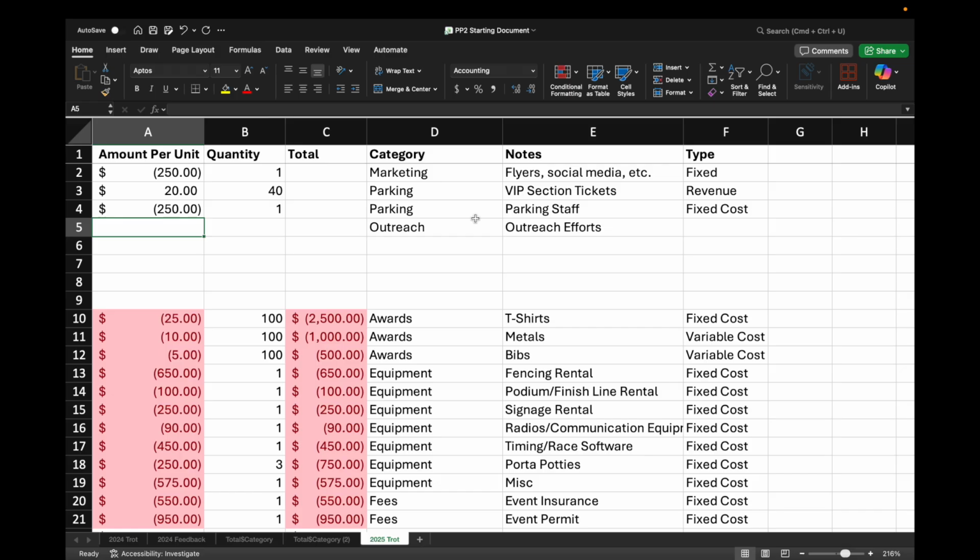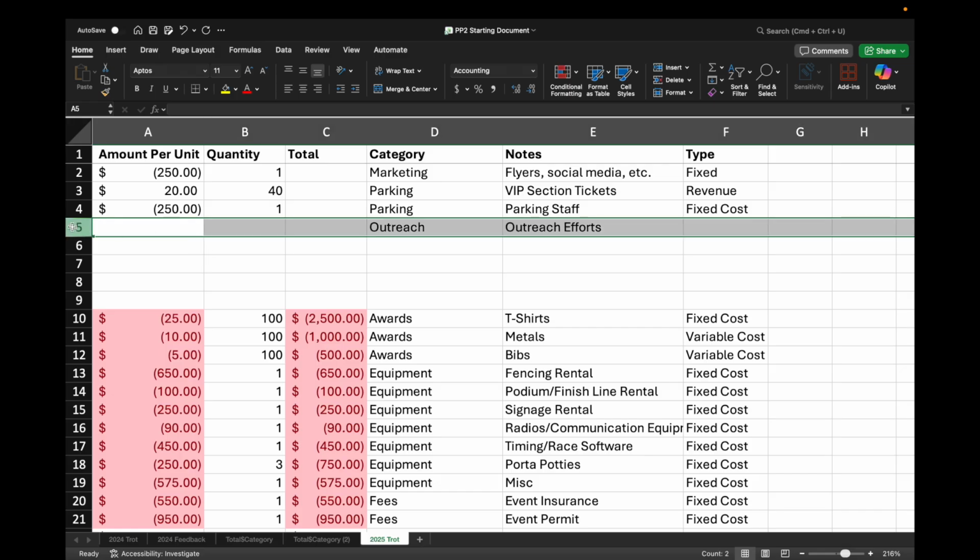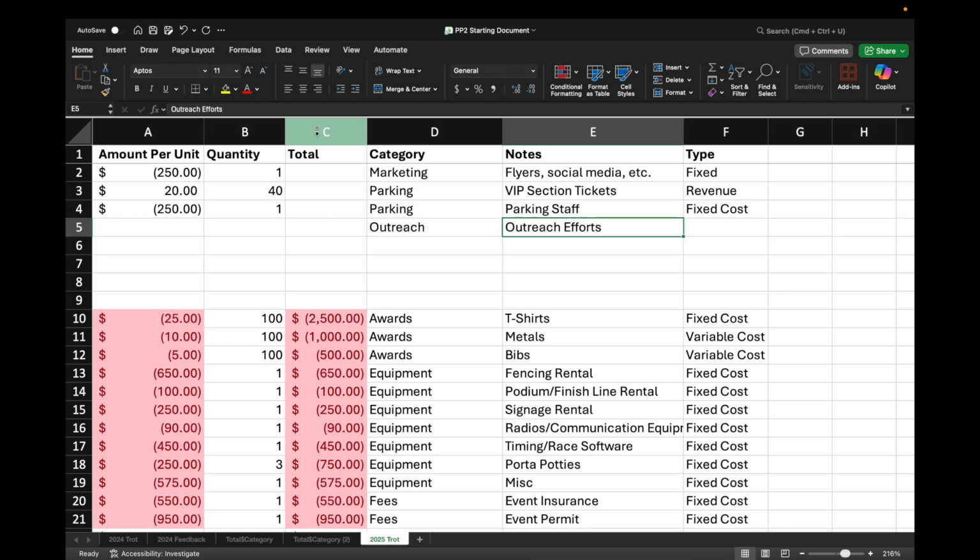So this will depend on what your vision is for your turkey trot. This again could be like paying a marketing agency. This could be staff time, however you think about it. I'm going to say that mine is going to be outreach staff time.